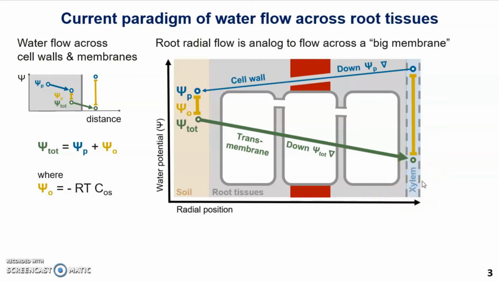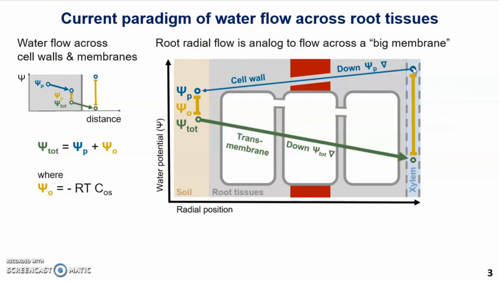For that, they created a very smart system based on a scaffold that you can see here in red, the apoplastic barrier, which limits the flow of water and solutes across the endodermis layer. Solutes may now accumulate in the xylem, where the osmotic potential becomes very negative, and so does the total water potential. This facilitates the uptake of water through the transmembrane pathway, but also the buildup of water pressure to positive